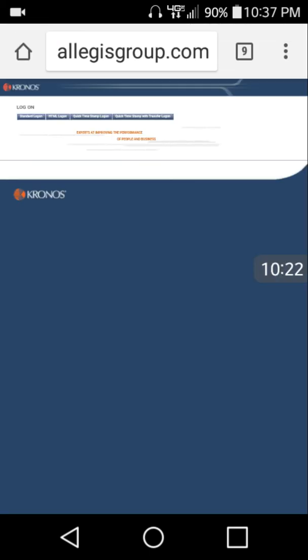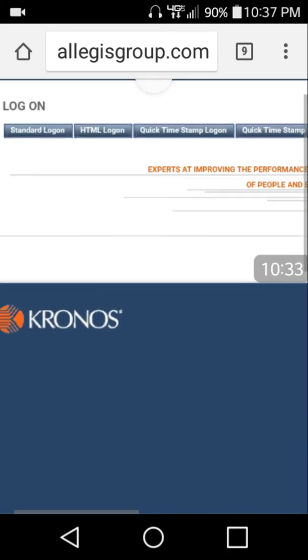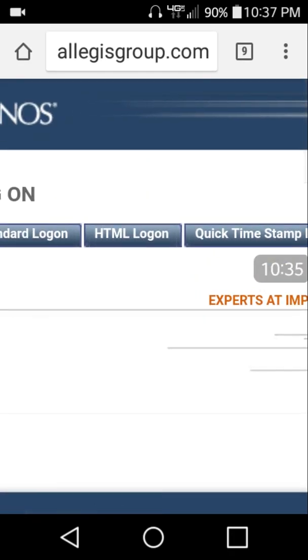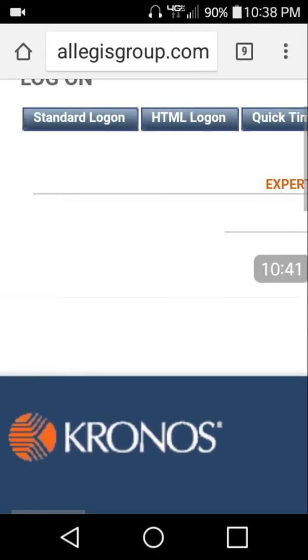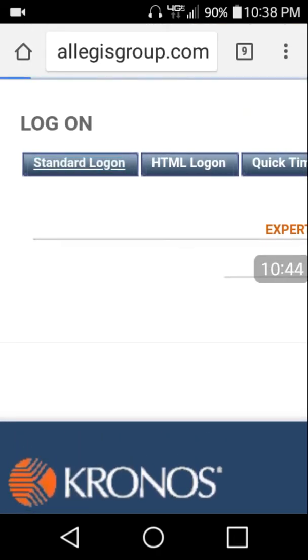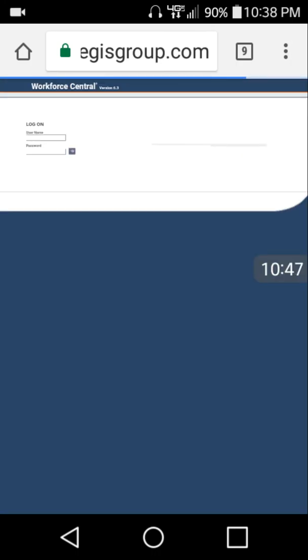Okay. So just like your Internet Explorer, once you log in, let me see if I can zoom in here. As it says here, HTML, standard login. So you go to the standard login. As I say again, you enter your password, your username, and all that. And when you do the Kronos, you enter the time you start, the time you finish,